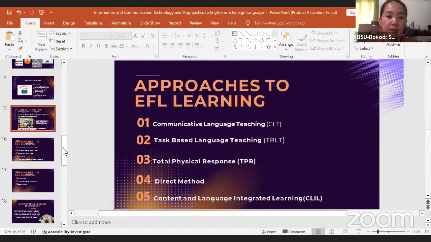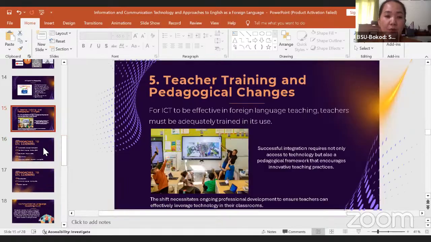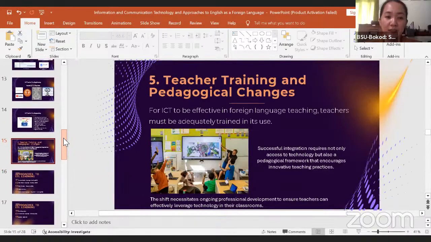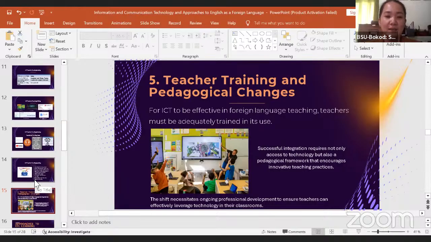Okay, though I included also here some of the approaches to EFL learning, but before we move on to that, I would like again to ask the class if, after the lecture, after the first set here, you find rewarding activities that you have also conducted in your classes, or the best practices that you have in teaching the four macro skills or integration of technology that you would also like to share in the context of Indonesia EFL?